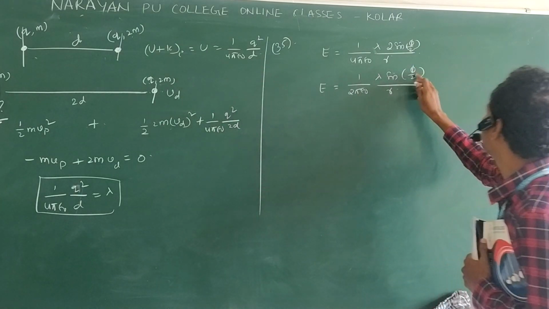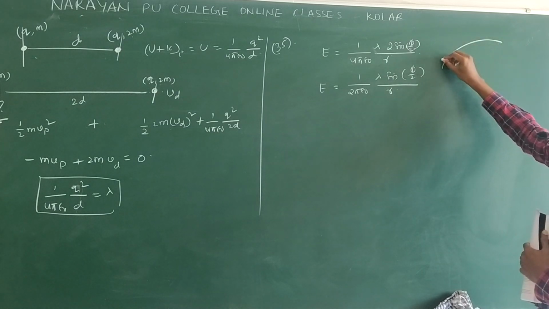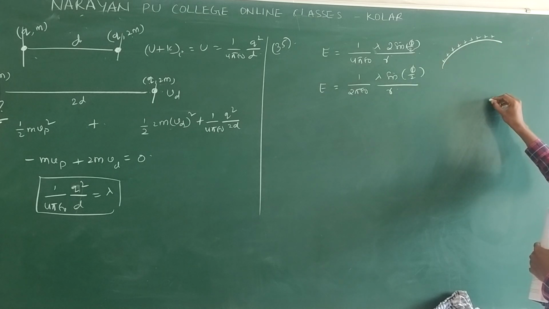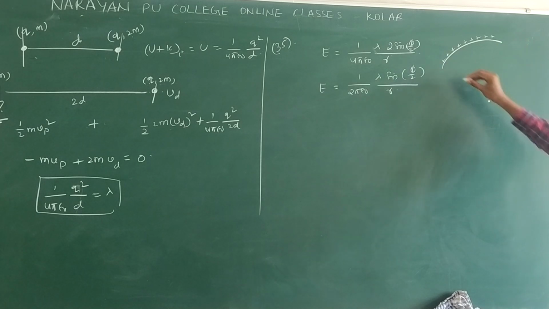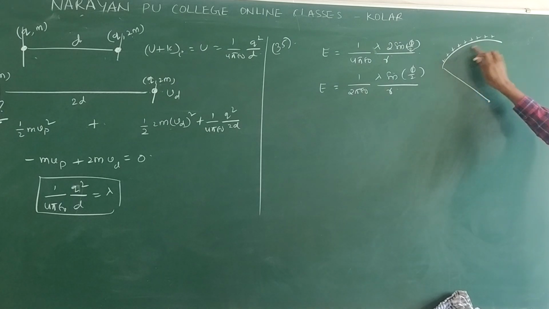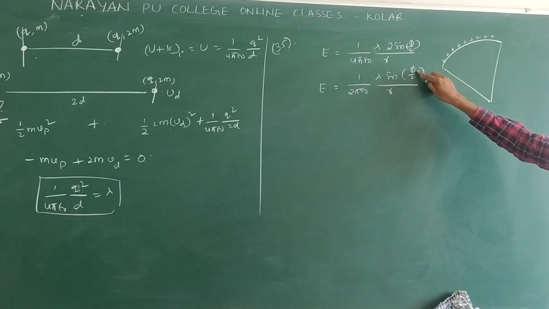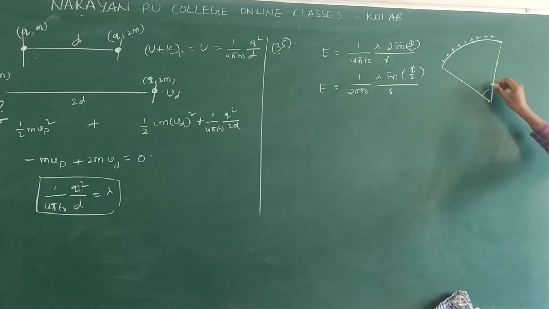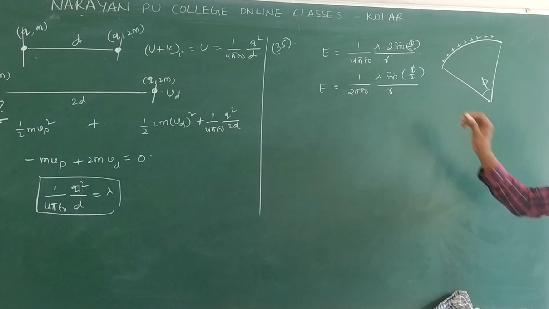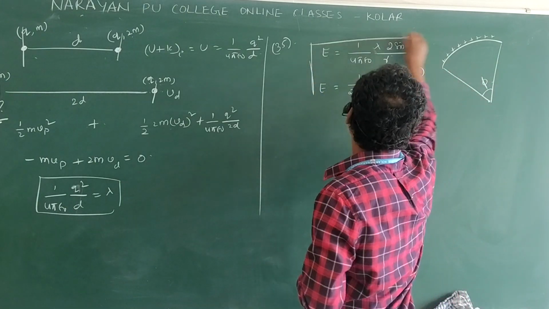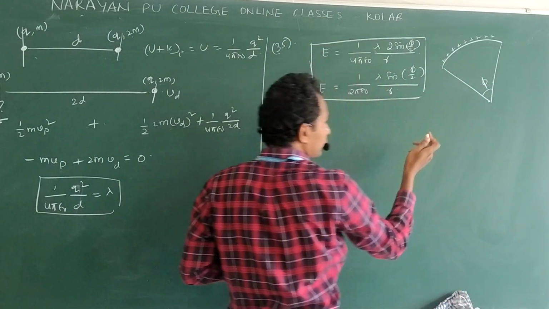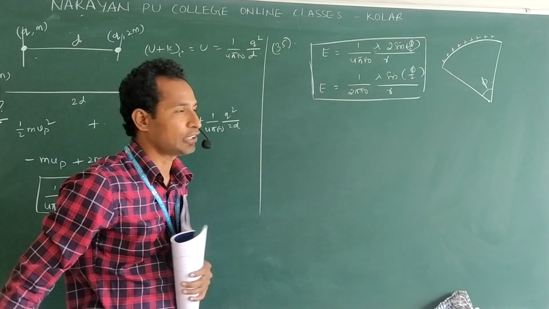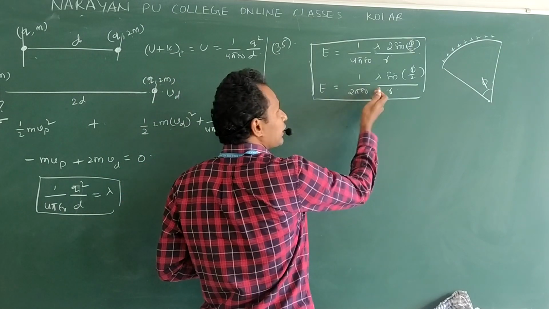The phi here, if you take an arc like this, let us say the charge is distributed linearly on this. If you wish to calculate at this point, this is the radius of the arc, and phi is the angle subtended by these two arc ends at the given point. Clear? Remember this formula. If the problem has numericals, you select this formula because 1 by 4 pi epsilon naught is a constant value. Without numericals, you select this formula.